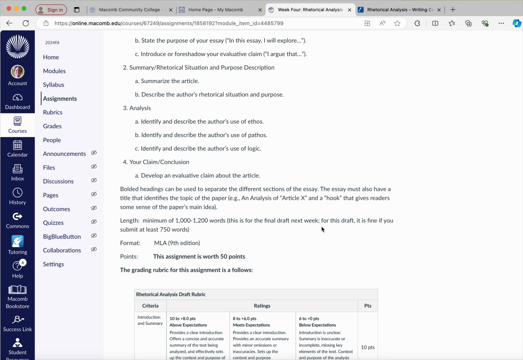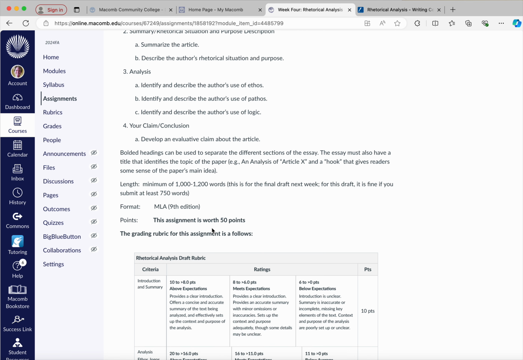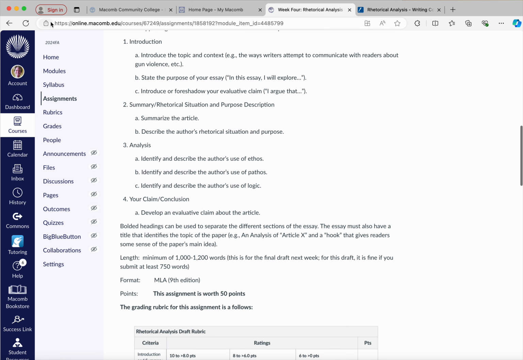For the draft, you can submit at least 750 words, but often if you take it all the way through the process for the draft and for this discussion forum, you're going to be in better shape for the next week. So it's always my suggestion to draft it out as far as humanly possible. The fuller that draft is, the better the feedback you're going to get, and making those revisions initially and making them one more time for the final copy will be a lesser stress on you. All right, so that's the assignment itself.